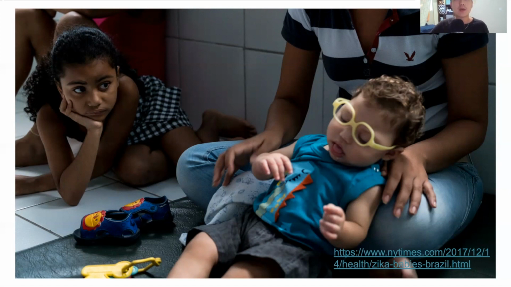Which shows that these babies who grew up with microcephaly, it's just much harder for them to navigate through life and be on time with their progress and development. And that's just the saddest and the most heartbreaking thing that these babies have to go through and for families and loved ones to see. But that is all for the slide.